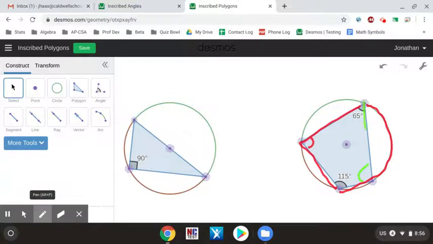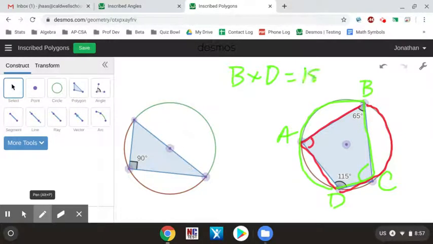This angle would go from here to here, and that would be this piece of the circle. So I've used the other two unmarked angles. And for just knowing what we're talking about, we'll call this A, B, C, and D. We already said that B plus D was equal to 180, but it's equally true that A plus C is